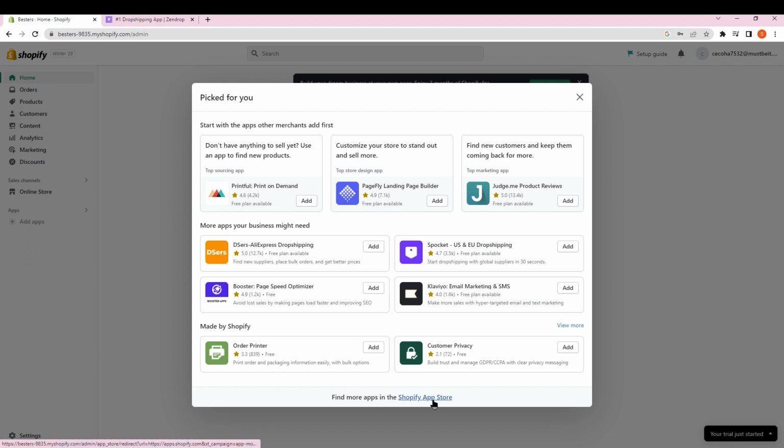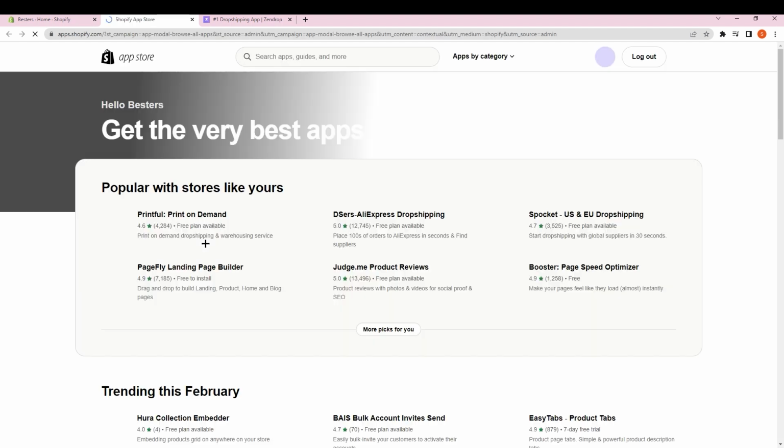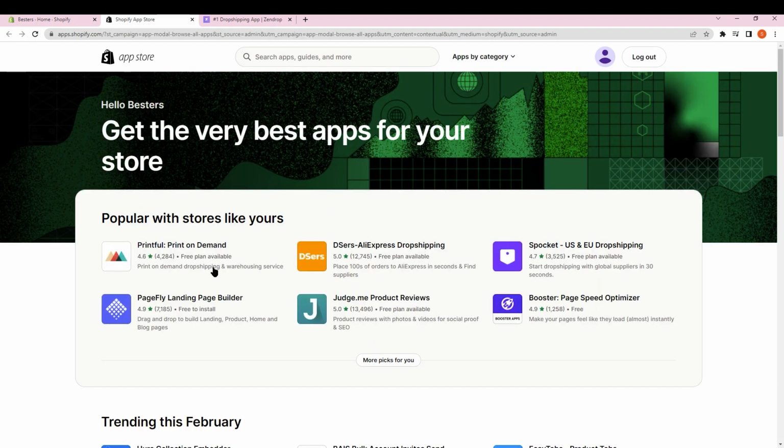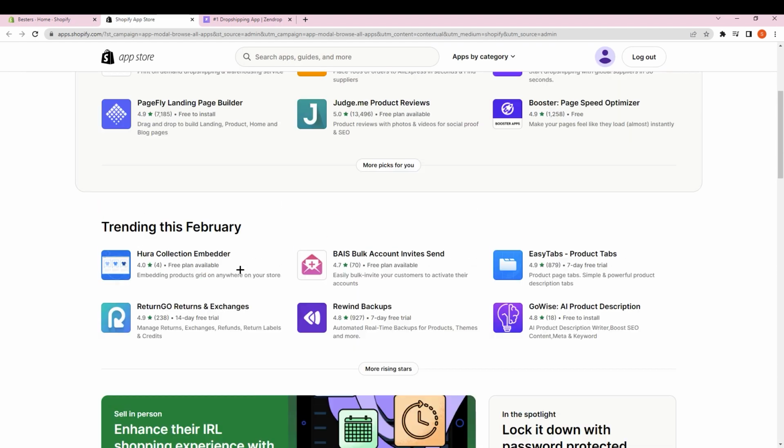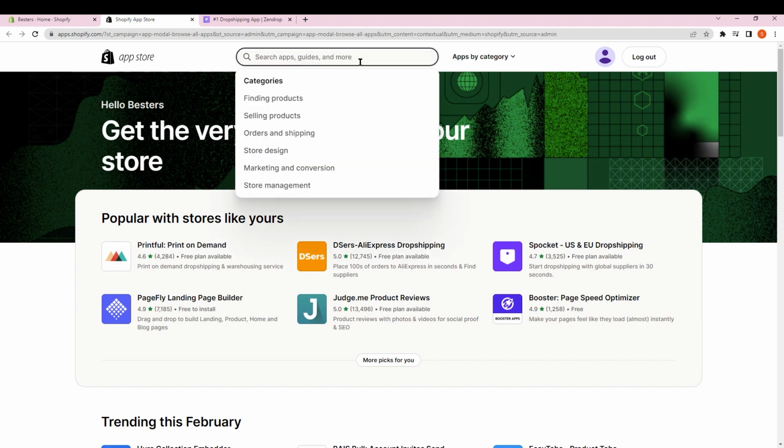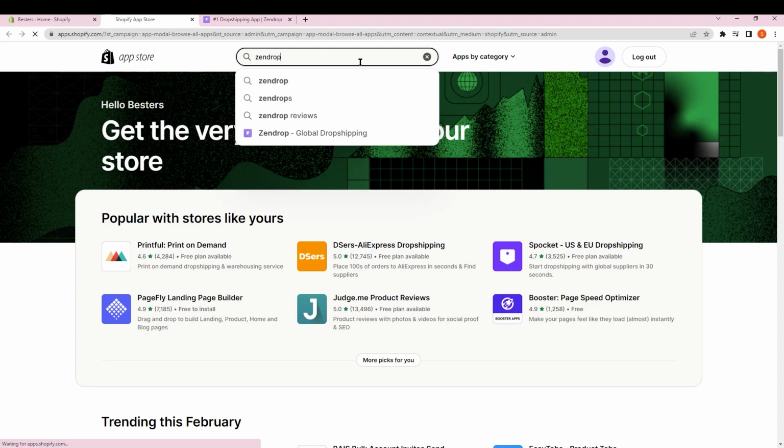You need to click on find more apps in the Shopify app store. You can find that at the bottom of the screen, and click on Shopify app store. This is where you will find multiple applications for Shopify to integrate with. You have a lot of applications over here, but what we are looking for specifically is Zendrop. Once you search for Zendrop,